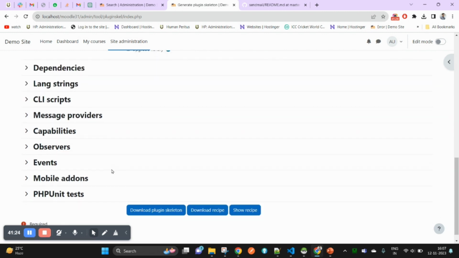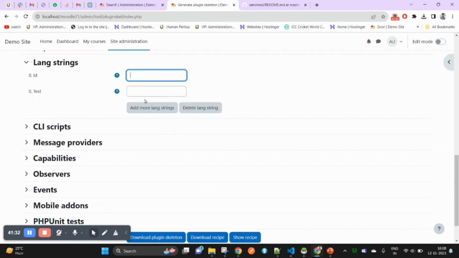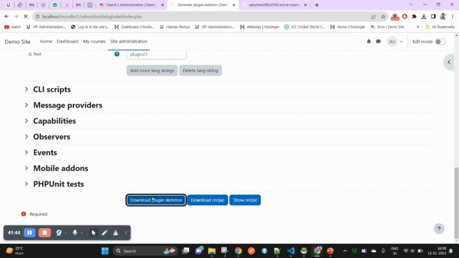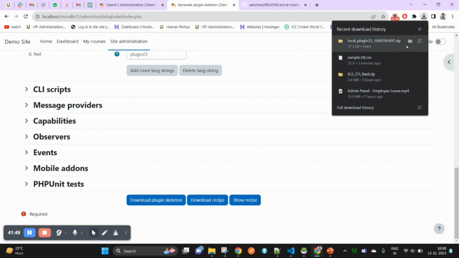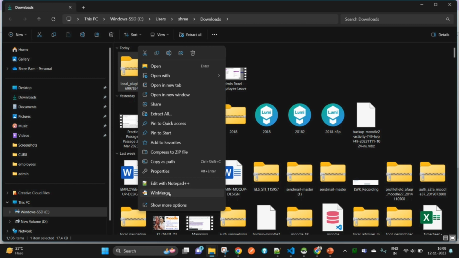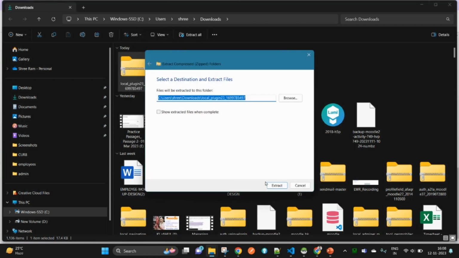Got it? If you want to put a language string, for example, you can also put the plugin name here. This one is the key and this one is the value. Now download the plugin skeleton. That's simple. This is a very simple step, but you will get an idea of which file is defined for which purpose. If you extract this, extract all,